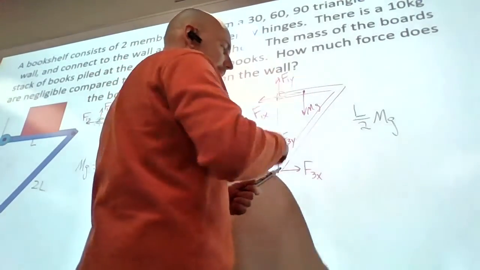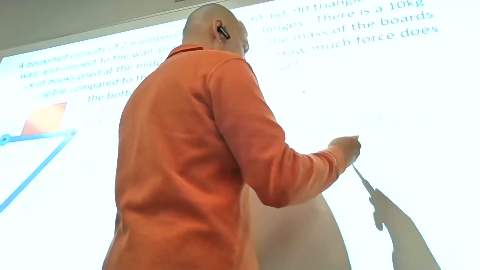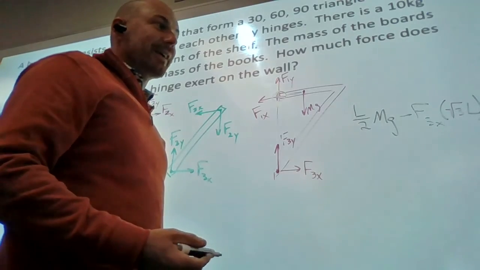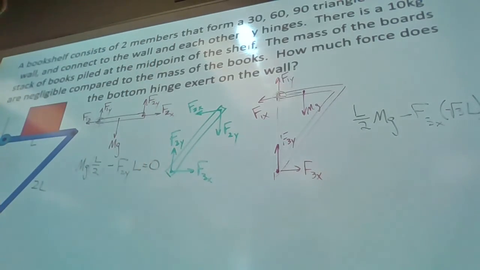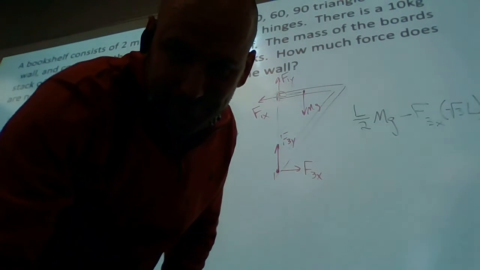So this makes it go that way. That's going to make it go that way. So then minus F3x times the radius. Oh, because I made that my pivot, that makes sense. That's the radius. That's super simple. So you look for the easier route. You could also solve for